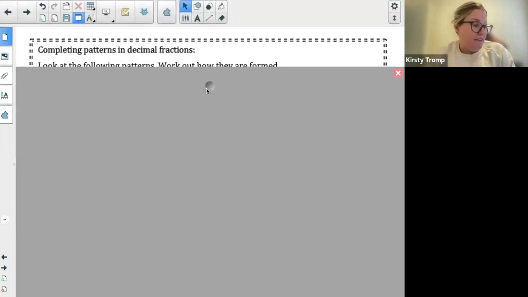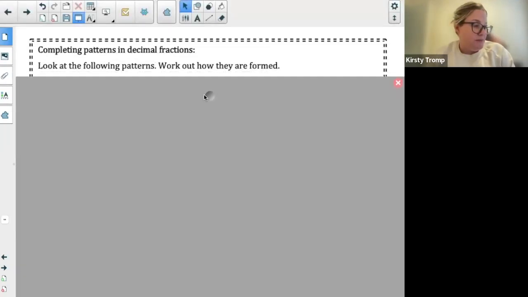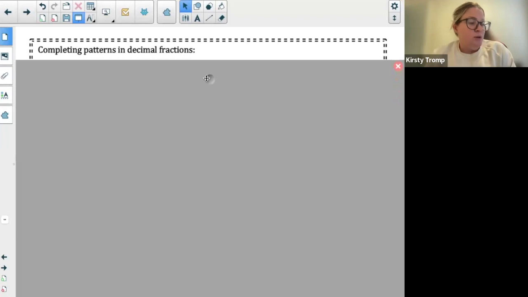Let's have a look at our first section tonight. So the first thing we're looking at is completing patterns in decimal. Now, I know that we're going to get to number patterns later on in the year, definitely, and decimals might make a return appearance then when we're doing number patterns. But tonight, let's have a look at completing patterns if we have what they call decimal